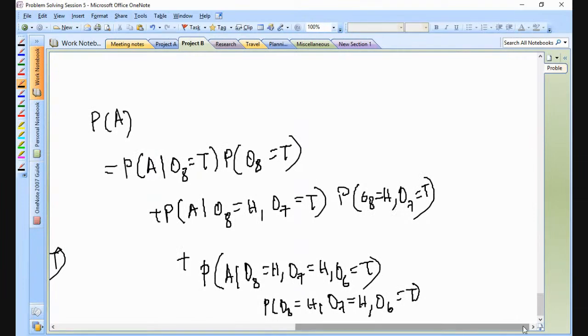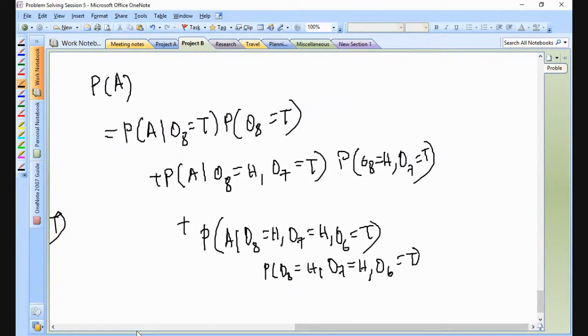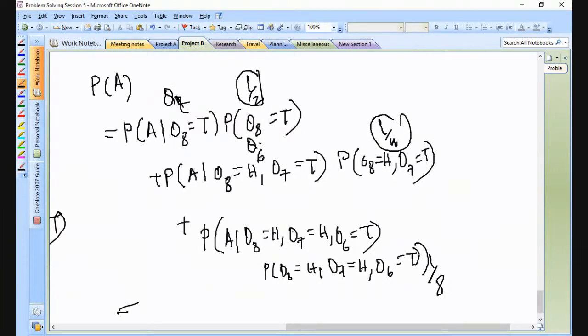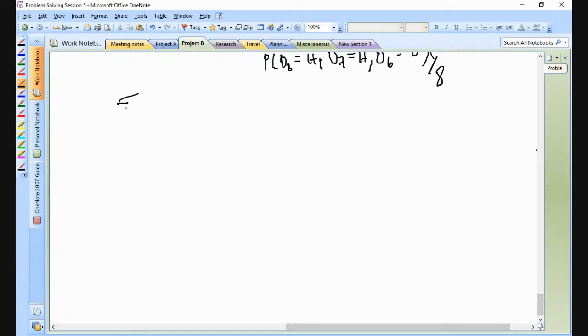So what do you get from here? Why am I writing this down? If it's an objective, I wouldn't explain this, but it's always good to know. Now understand this. This is equal to half because these are independent trials. This is equal to 1/4. This is equal to 1/8. And these are again repeating the same thing: Q of 7, Q of 6, Q of 5. So it's 1/8 into Q of 5 plus 1/4 into Q of 6 plus half into Q of 7.